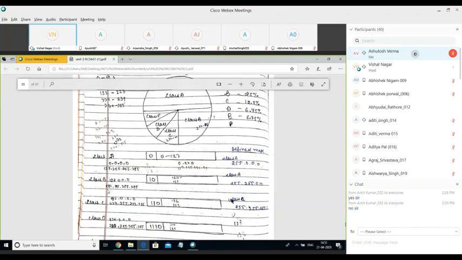This is the first IP address in class B, and it goes up to 191.255.255.255. The last IP address corresponding to class B will be 191 with all 3 octets as 255.